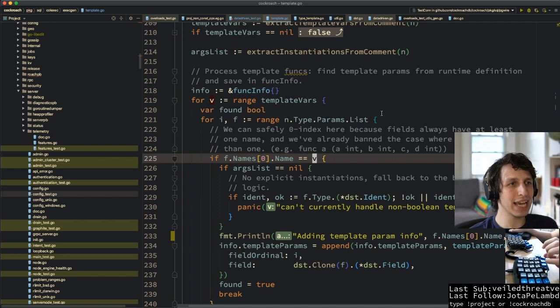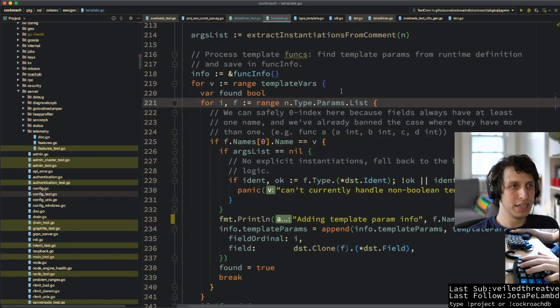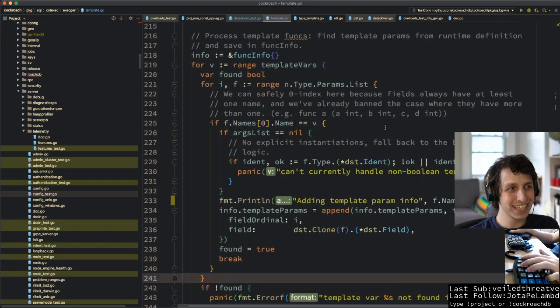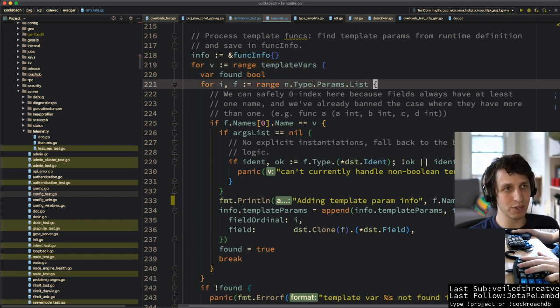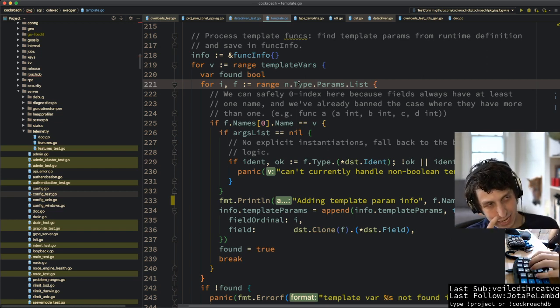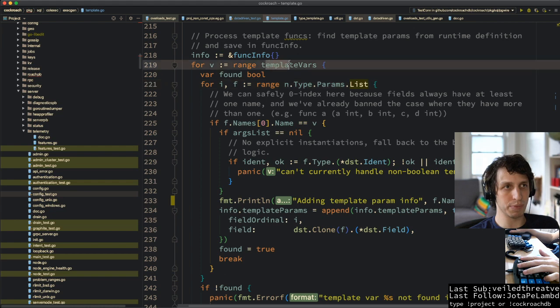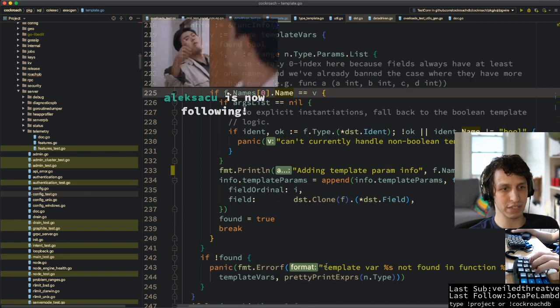Oh, I get it. I get it. The problem is that this is actually super subtle and kind of lame. It's that we're iterating over the template vars as the first outer loop and the correctly ordered end.type.params list as the inner loop. That is the problem. Okay, so I think we can fix this pretty straightforwardly. I think what we'll do is iterate through this instead, and look up into this guy, and then we'll also keep a sort of a seen list, because one of the problems is that we have to detect